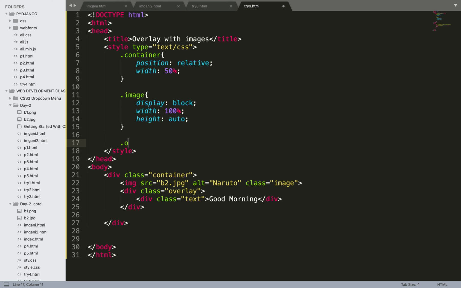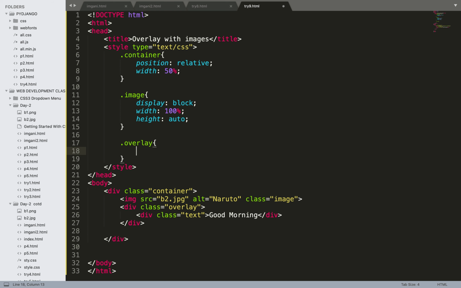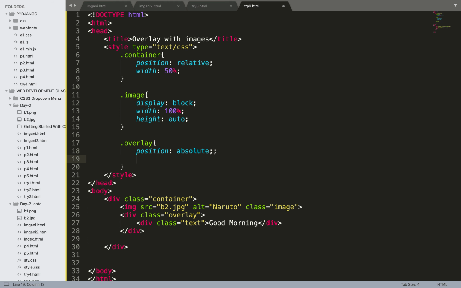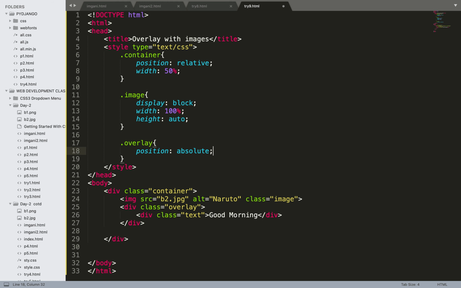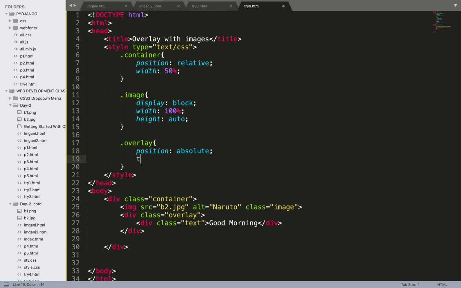Now we are coming to the overlay part. Dot overlay, and now we are going to add some properties. Position will be absolute. Oh, sorry, added double colon.